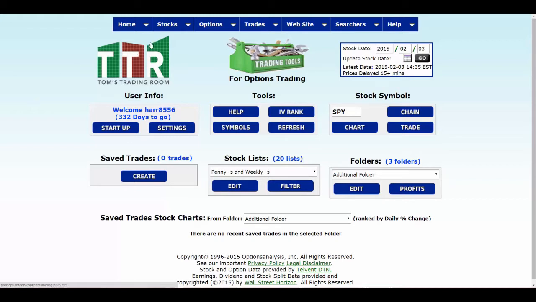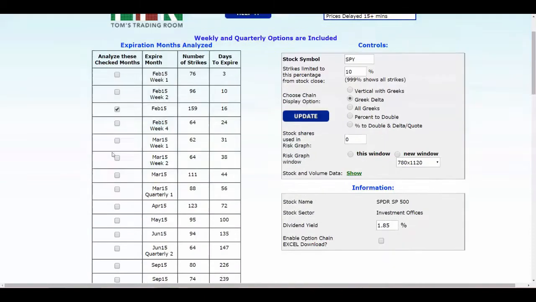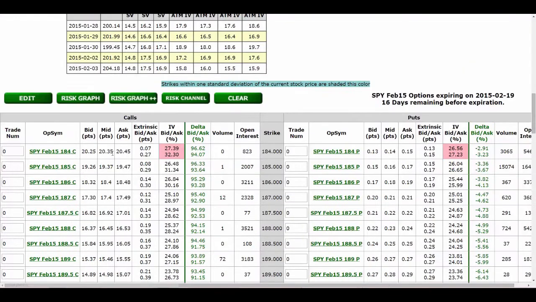Here's the process. Let's go to the Options tab, click on Option Chains. When the page populates, make sure you change it to the stock symbol that you want. We already have the SPY in there. That's what we'll use in this presentation. Over on the expiration months analyzed, let's click on the boxes that we do not want on the analysis. So I've clicked the check marks to remove them from Feb 15 week 1 and 2, and I'm just leaving the check mark under Feb 15. Click Update, and the page will refresh,